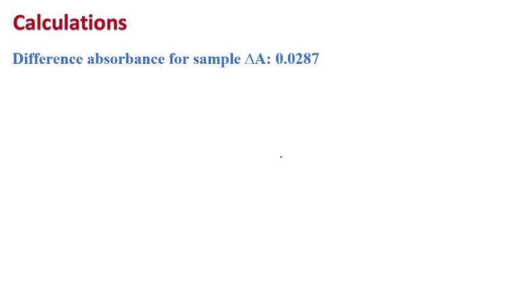Okay, now we have the difference in absorbance for our sample, so we can do the calculations. Here we can again use Beer-Lambert's law. Delta A is equal to delta small a into b into C. So delta A we found, that is